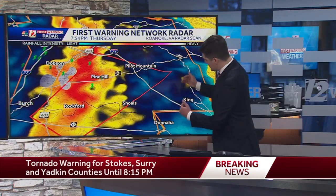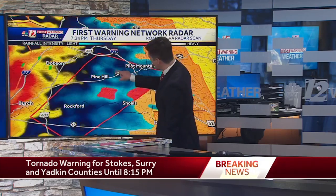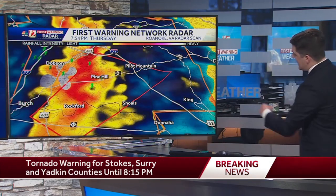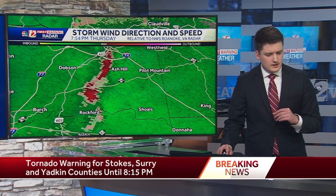But here to the south, on the southern end of this storm, you see there's a bit of a hook, and we call this a weak echo region, where the circulation is at now, moving up toward Pine Hill and Ararat. In Surrey County, there may be a tornado about to touch down right now along 268 and toward Pilot Mountain as well. So let me switch this to our wind mode